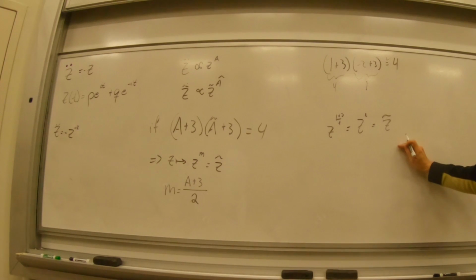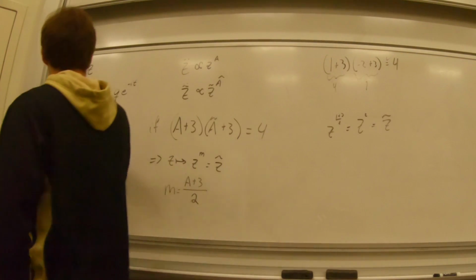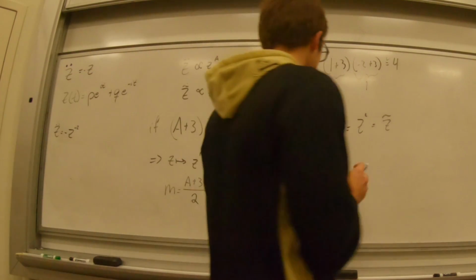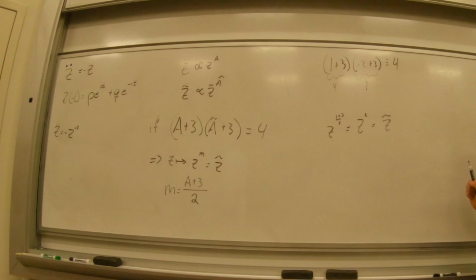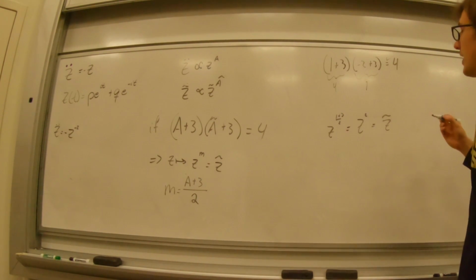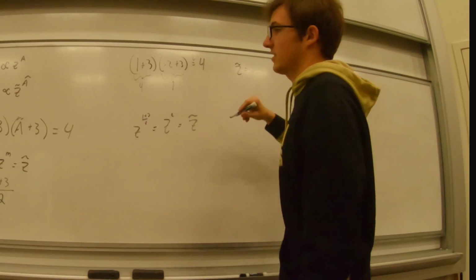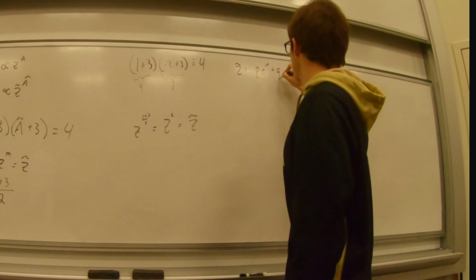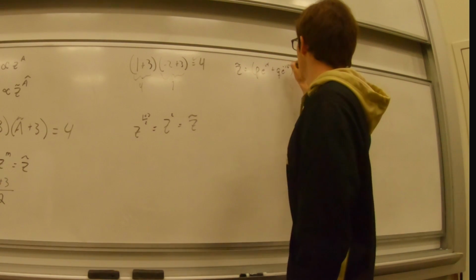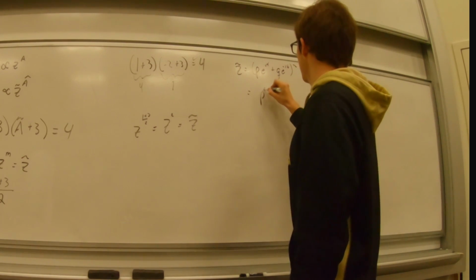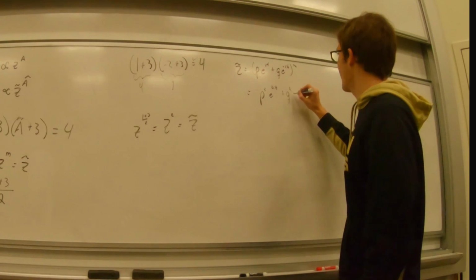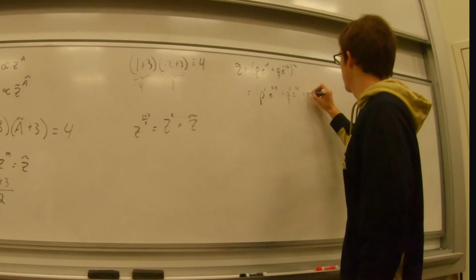So now that I have this set out, I can just simply take my solutions that I've taken over here, and I can square them, and I can wind up getting back to my solutions for z tilde. So I can immediately solve the central force equation for inverse square laws. So I'm just going to do that right now. So z tilde, in this case, is going to be equal to p e to the it plus q e to the negative it, squared. And this is going to be p squared e to the 2it plus q squared e to the negative 2it plus